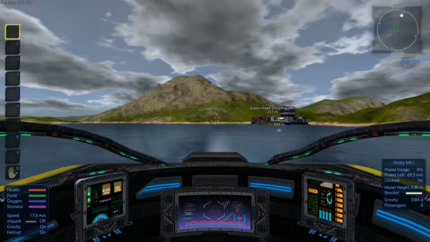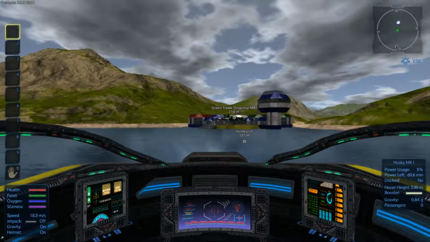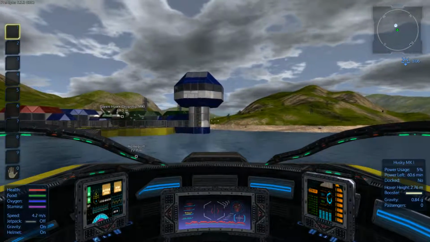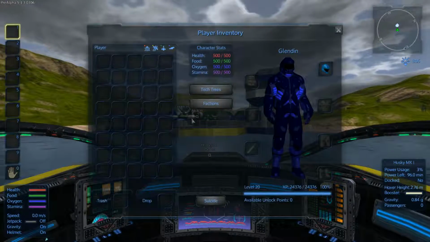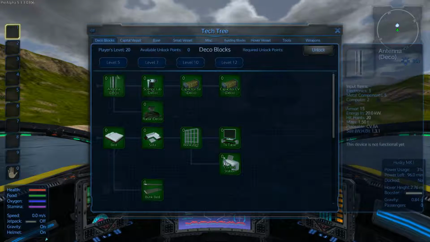Let's see what the inside looks like. All the nice little bells and whistles on the dashboard. And, oh, it has a booster. How do you use that? I don't know. And can you put... oh, we have tech trees. All kinds of stuff we can...